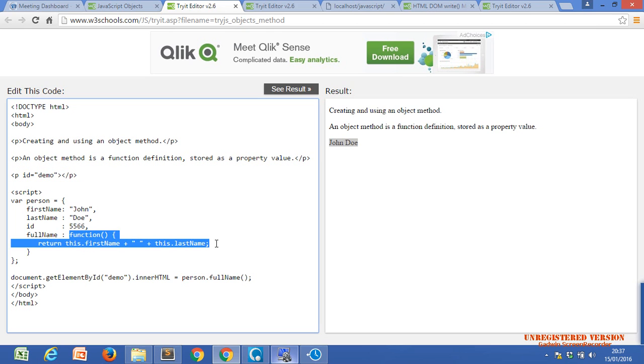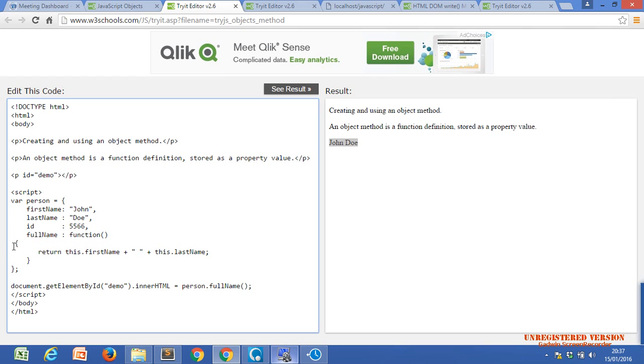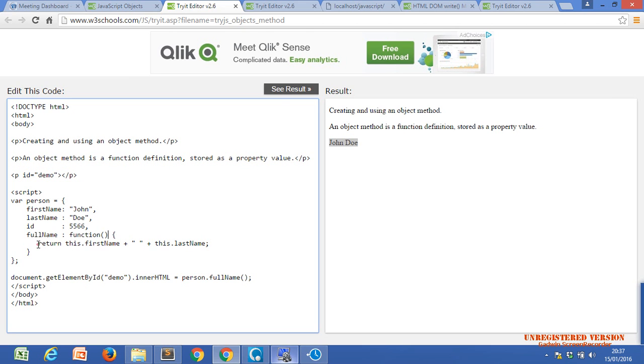Within that function, we write: return this.firstName plus space plus this.lastName. Where is the first name? John. Where is the last name? Dio. With the space, so we will get John Dio. Okay?